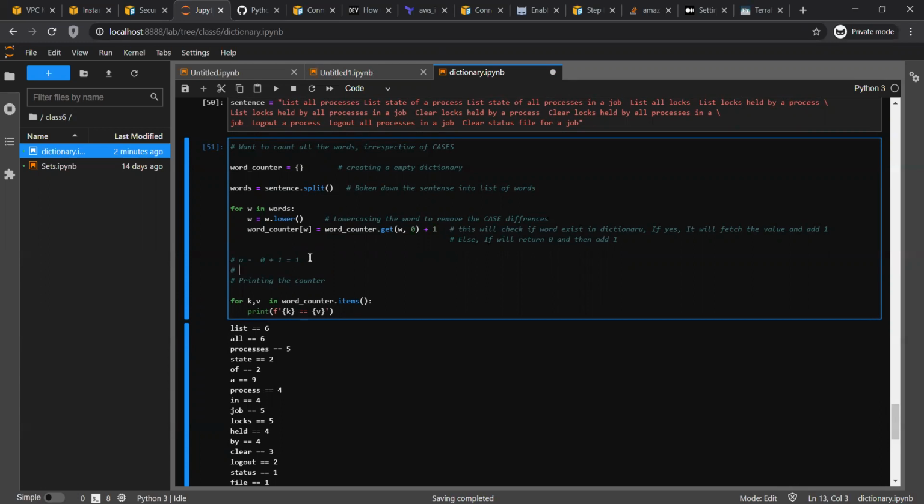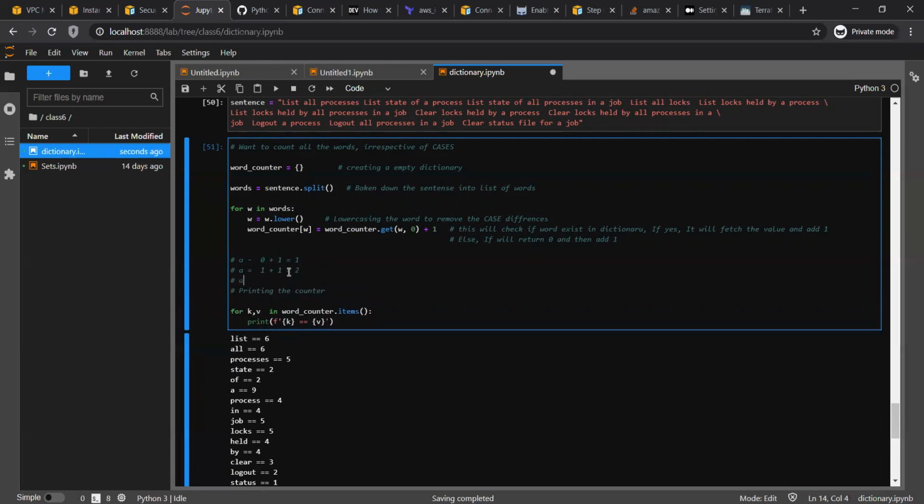The next time A comes, get will return 1, and then +1 again, so now the value for A in the dictionary will be 2. Again, if it came, it will be 2 + 1, it will become 3.